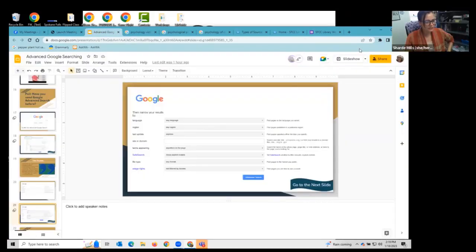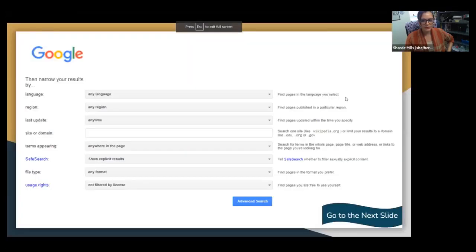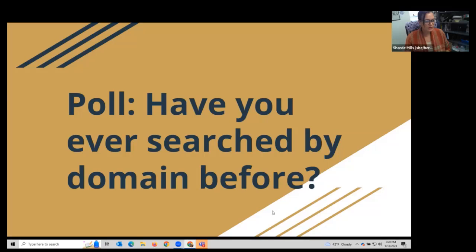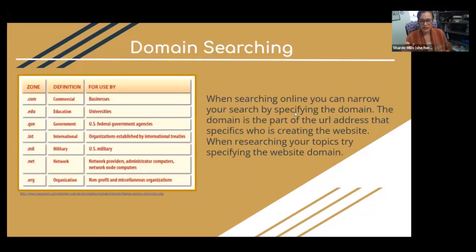And then there's another feature of Google Advanced Search, and this focuses on the type of source again that you're going to be pulling from. Now, a domain is that little .com, .edu, .gov at the end of a website that says who's publishing that information. So .com is most common, just means more or less a regular, commercial website. .edu means that it's coming from an educational source.